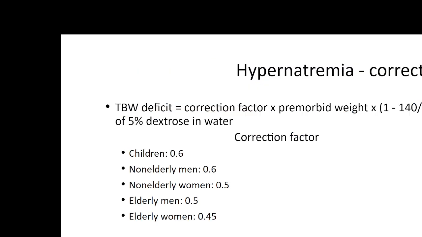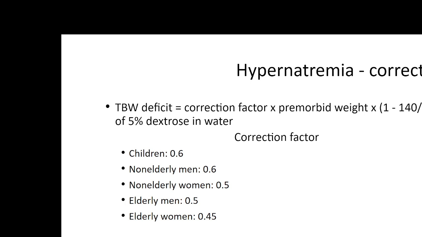Correction of hypernatremia is mainly done by giving water, plain water, or 5% dextrose in water. So adding water is the main treatment of hypernatremia, particularly in hypovolemic or euvolemic conditions. In hypervolemic conditions, usually a diuretic is enough. The correction has to be, particularly in children, a slow process, and the correction factor should